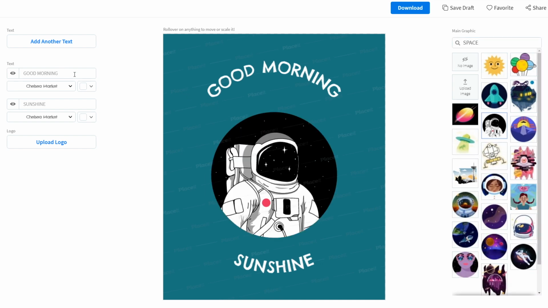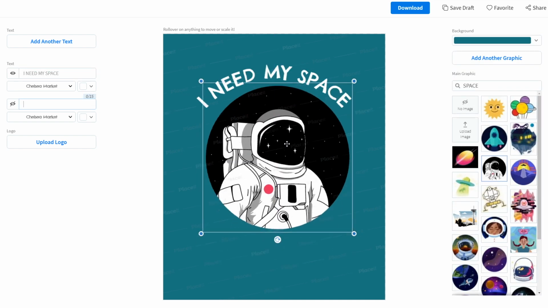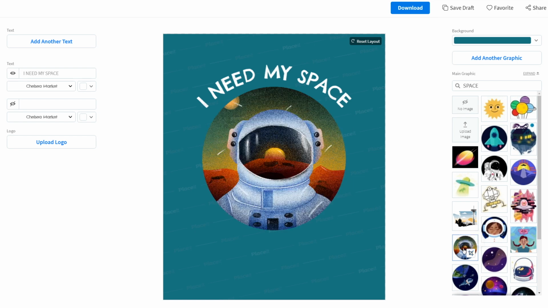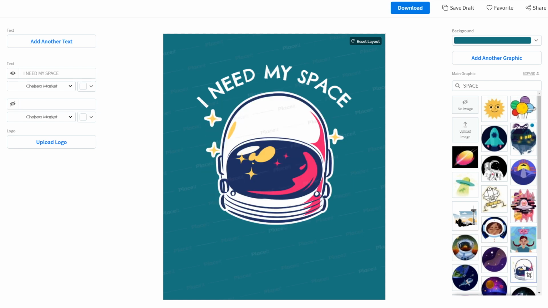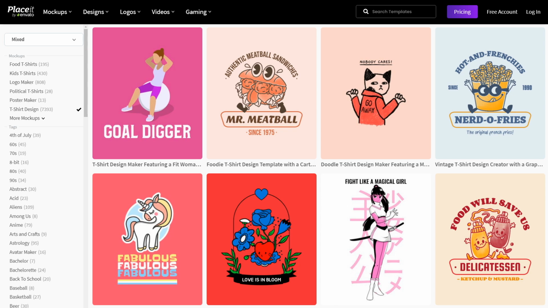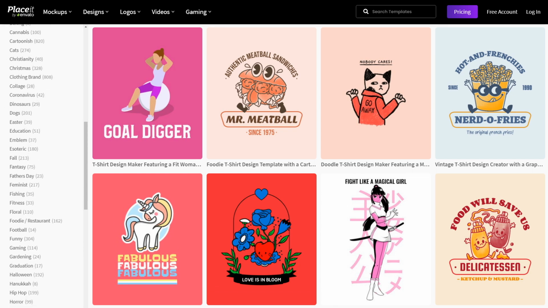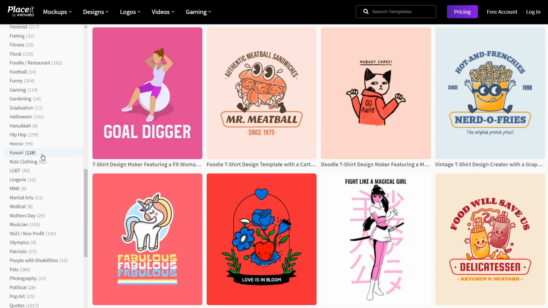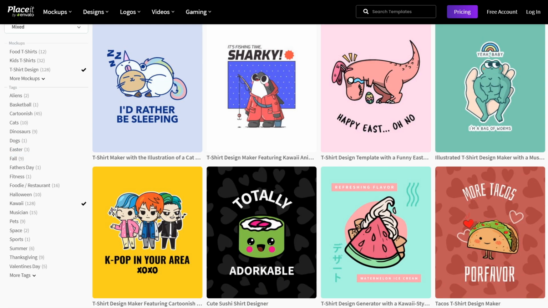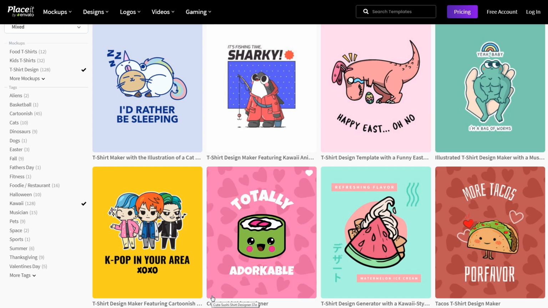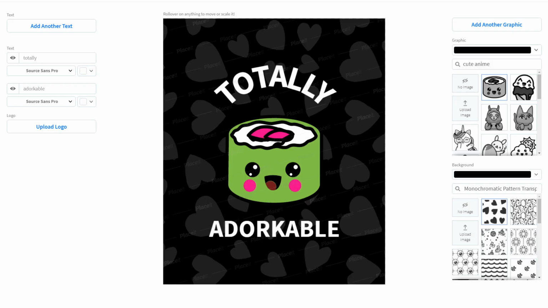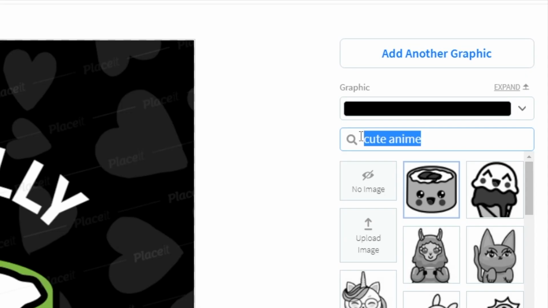Often, the images alone will help you come up with design ideas and play around with the options, or you can search for artwork to complement a design that you've already got in mind. Use the filter on the left-hand side of the t-shirt design page to find popular niches that already have designs pre-made for them, like these kawaii styles. You might see some artwork like this sushi that you like the look of and want a similar style for future use, so again just click into it and find the keyword. In this case it's cute anime, so note it down to find similar images in the future.